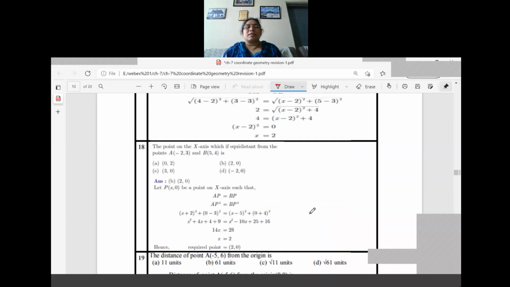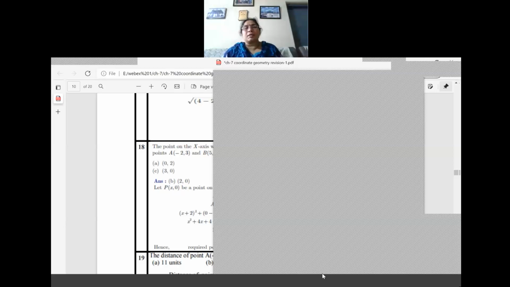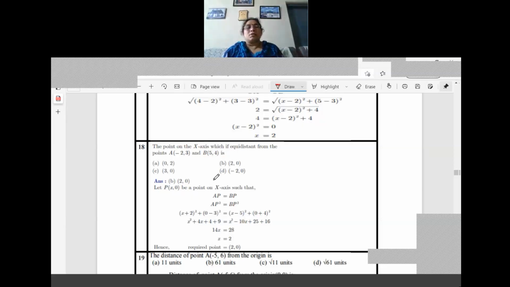The point on the x-axis which is equidistant from the points A (-2, 3) and B (5, 4). So the point on the x-axis, just try the same rule only. It's a repetition, but I have given it in an MCQ pattern, that's all. So (x, 0) is the point on the x-axis. Then what we had done: squaring on both sides, then we got the point (2, 0). Here there is nothing to be confused about, because all the points are in coordinate form. They have not given a single digit, and a single digit is where you will make the error. When the point is asked, we should use the coordinate form only.